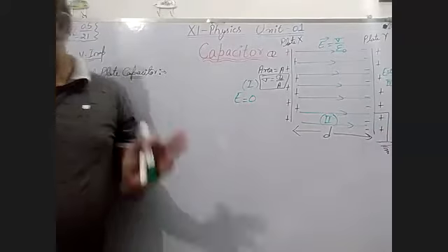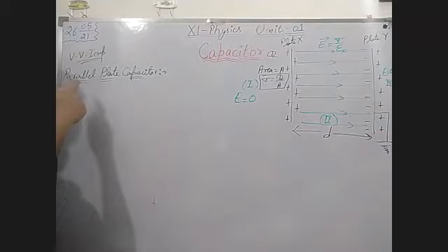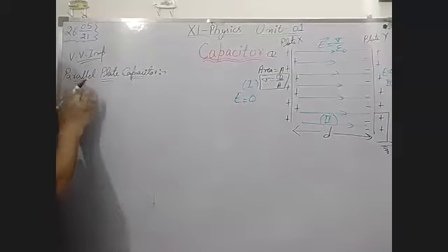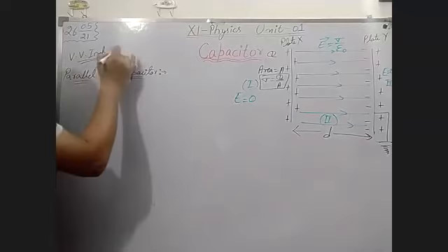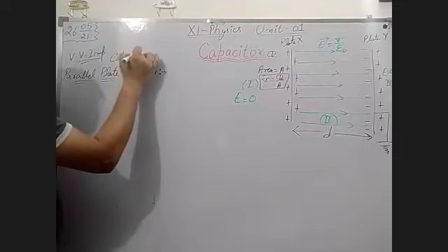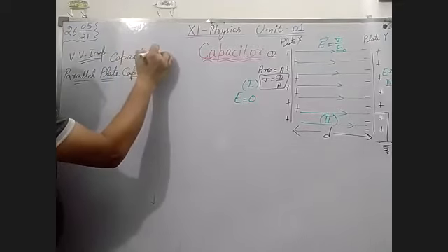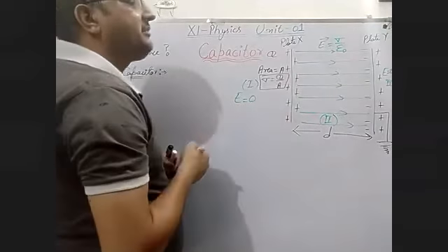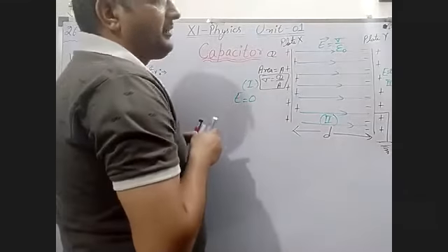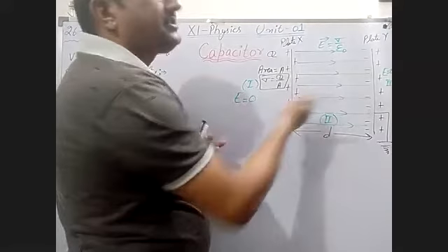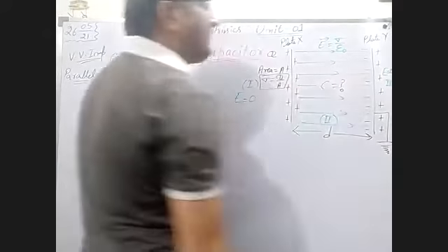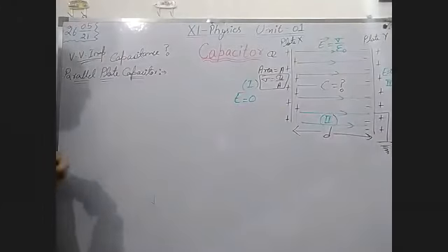Now the next thing is we have to determine the capacitance of the parallel plate capacitor. In short, we can write parallel plate capacitor as the heading, but our purpose is to calculate the value of capacitance in this case, meaning how much charge can be stored. What is the formula for calculating the capacitance of this capacitor? This is your question now. Now, how can you solve this?